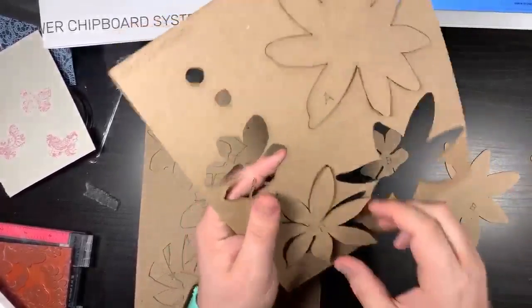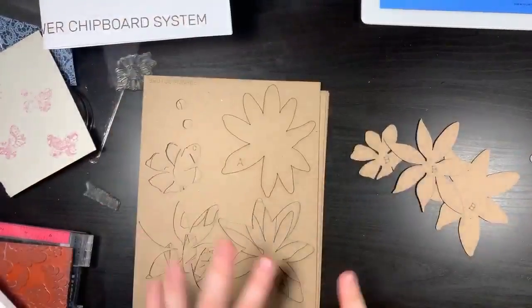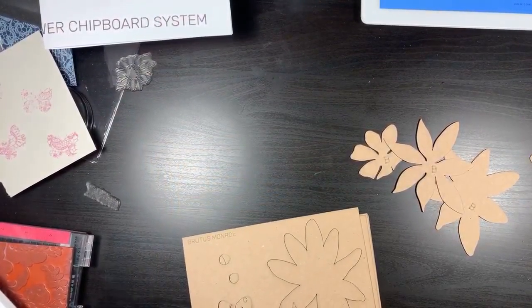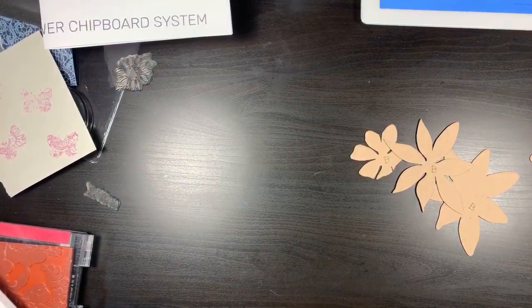So when you pop these pieces out, I want you to note that they are backwards, okay? So let me put these pieces to the side, and I have to put them somewhere so they know that this is not a sellable unit. So let me just put that, we'll put it right here. All right,